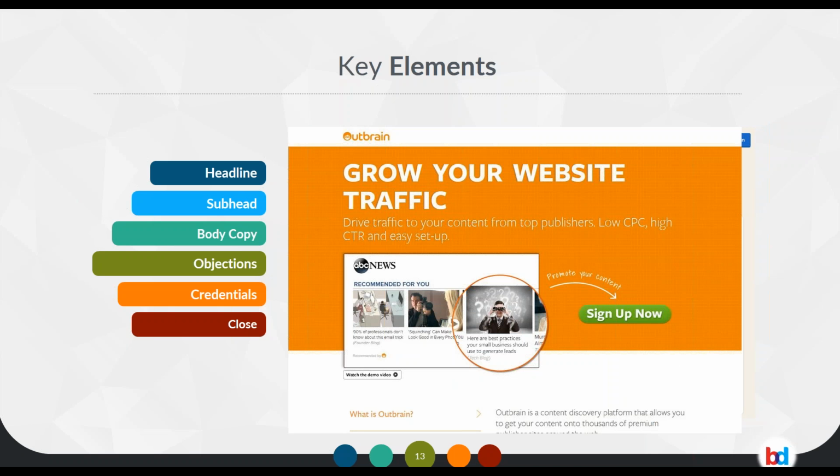Outbrain, these are the people who make those silly recommended for you, 22 secrets you won't believe number 7, right? So they syndicate other people's content. It's a very good landing page. It's got a great headline, great subhead. You can pretty much gather everything right away from above the fold. Okay, it's a clear value proposition. It's a clear desirability. They've got great style and design. We'll talk about why that's the case in a little bit, but it's a very, very strong landing page.